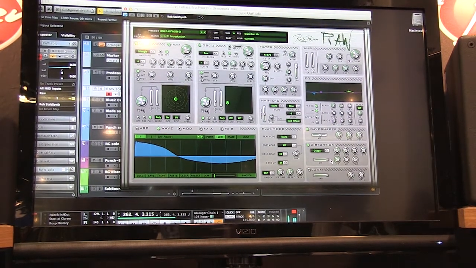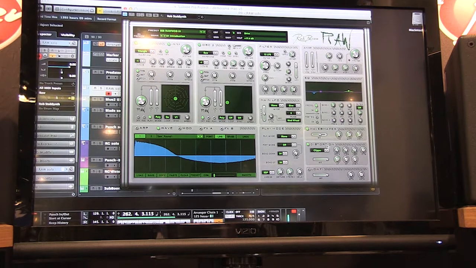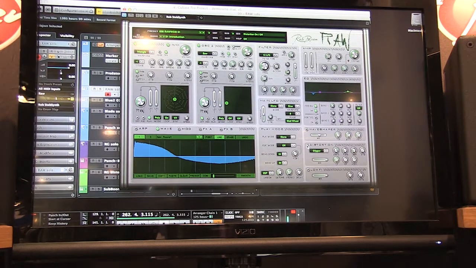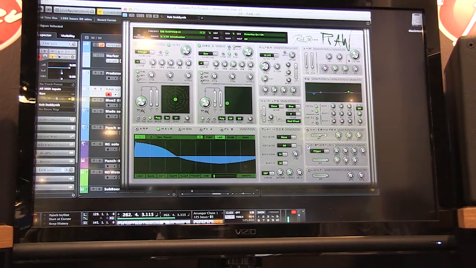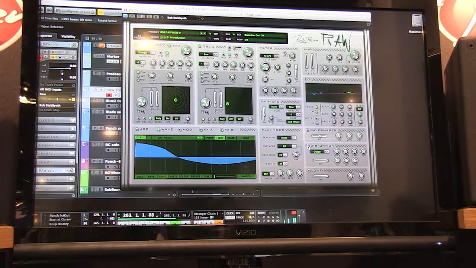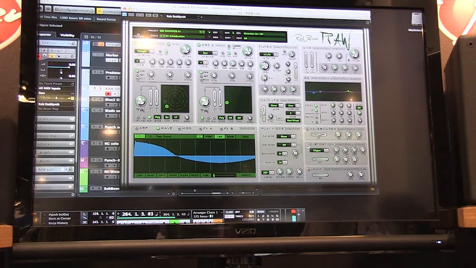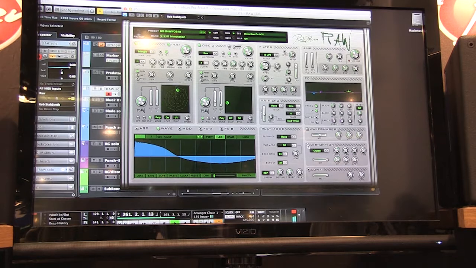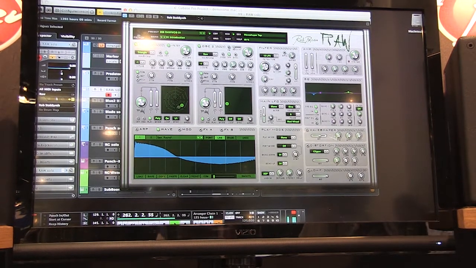As you can hear, a very distorted, nasty sound. If I put down the wave shaper and the distortion, you already hear how much influence the distortion has. A very soft sound now. When I put on the distortion,